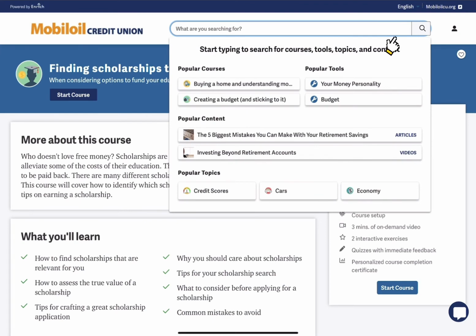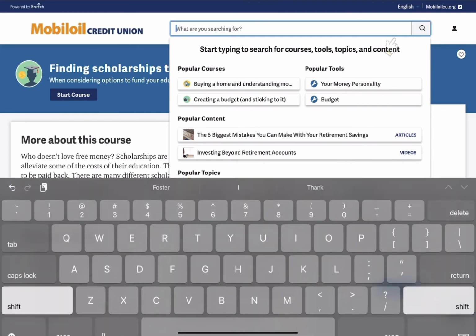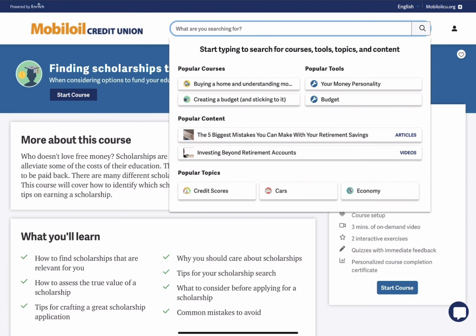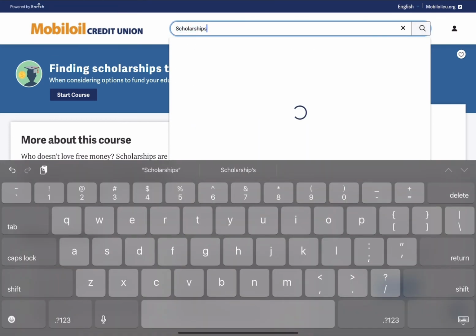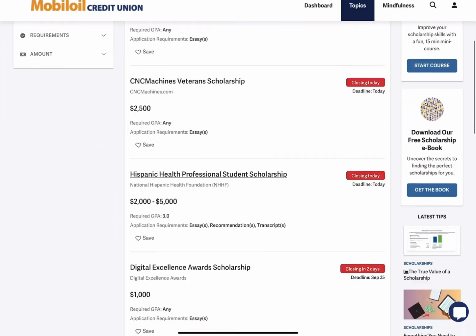Another great feature of the Enrich platform is the search feature. Here you can search for content on various topics or subjects. So if you're in need of a scholarship to further your education, you can search for scholarships through the Enrich